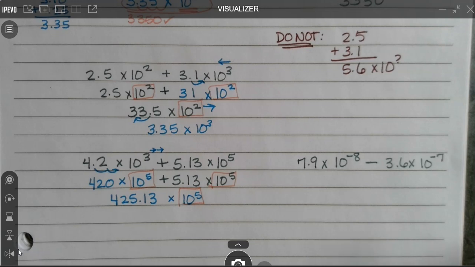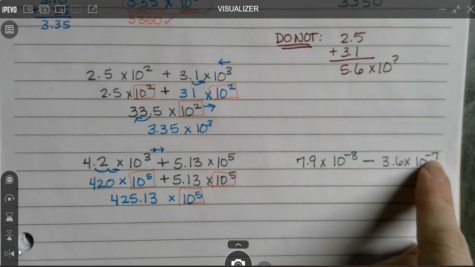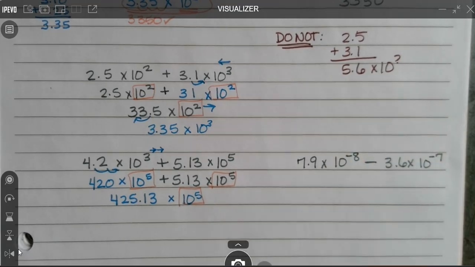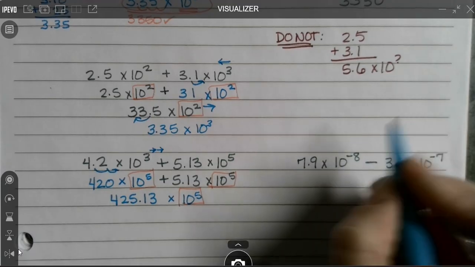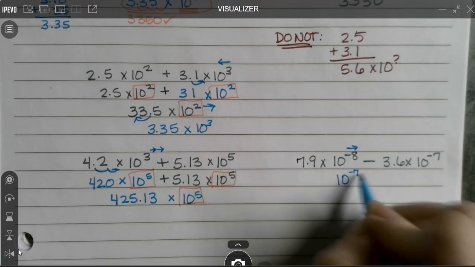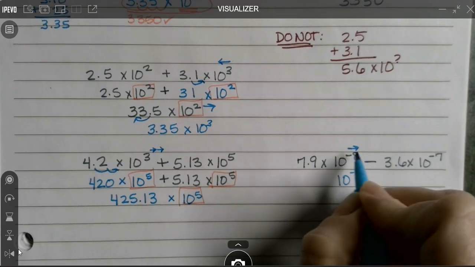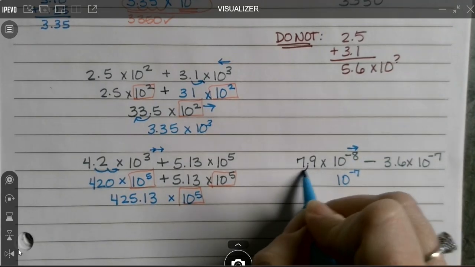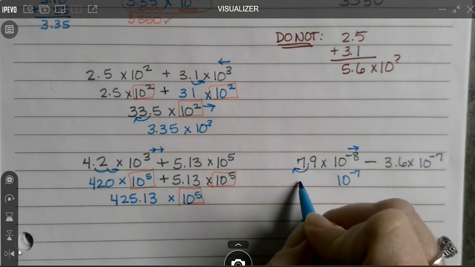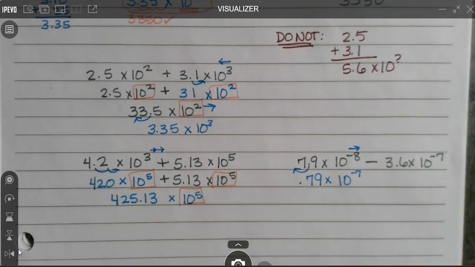So we're going to go to the larger power of 10, which in this case is actually the negative 7, because negative 7 is more than negative 8 on the number line. So I'm going to be moving my power of 10 this way on the number line, and that gives me 10 to the negative 7. So it's one where you might have to just stop and think for a second. And then if I move this way on the number line, I'm going to move that way with my decimal. So I have 0.79 times 10 to the negative 7th